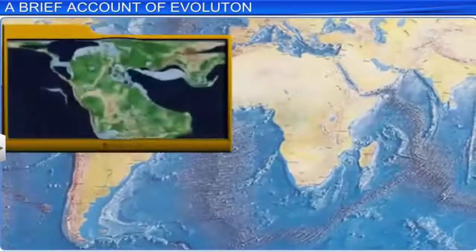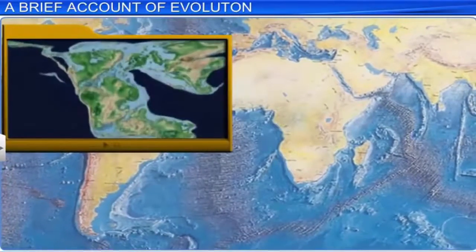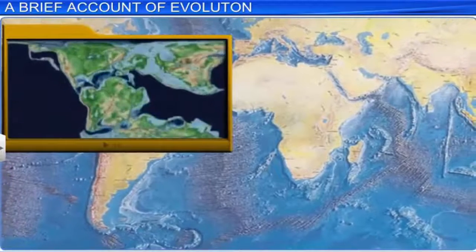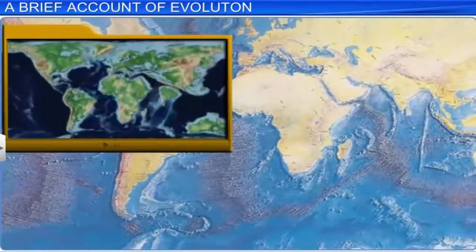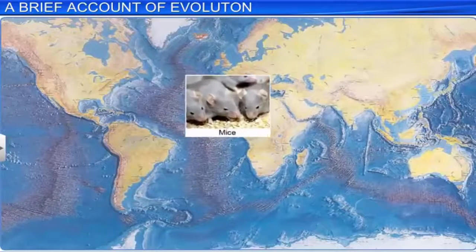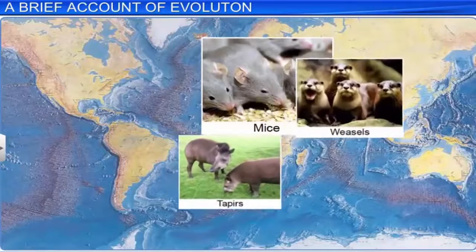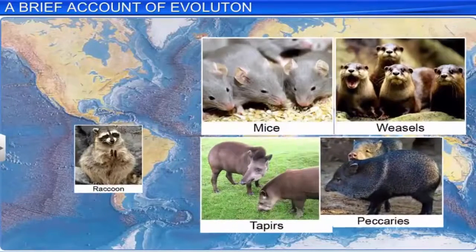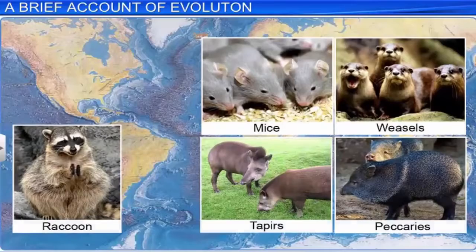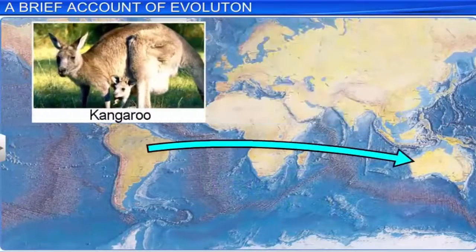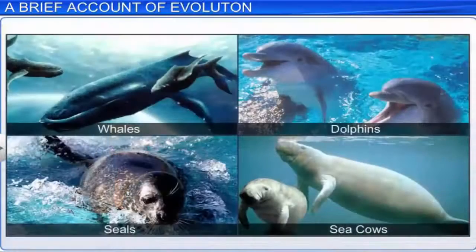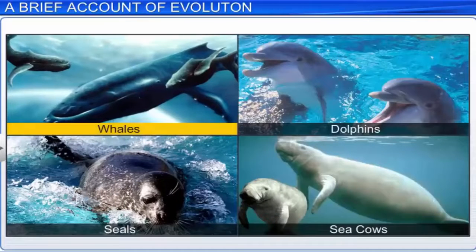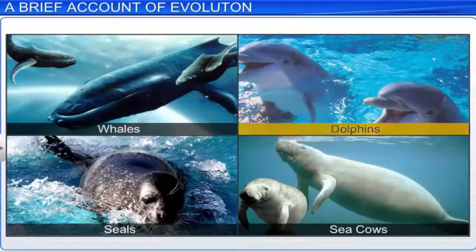Due to continental drift in ancient times, land masses broke apart and consequently the landmass of South America joined North America. As a result, South American mammals were overridden by North American mammals. Continental drift also caused the safe development of the Australian marsupials. Meanwhile, there were mammals which evolved in water, such as whales, dolphins, seals, and sea cows.